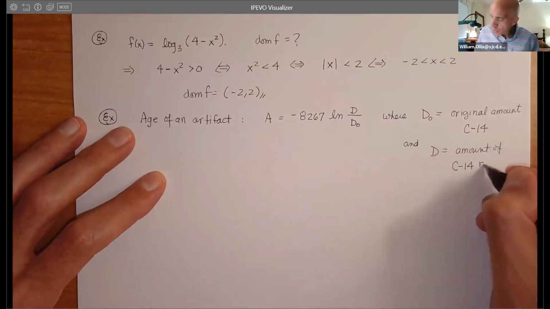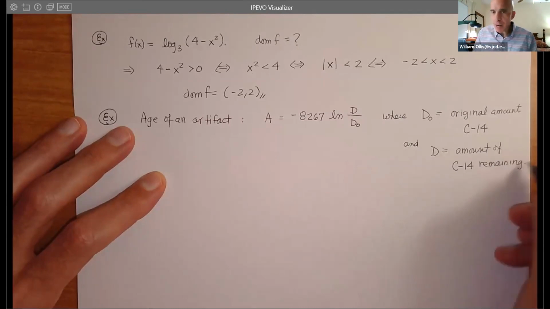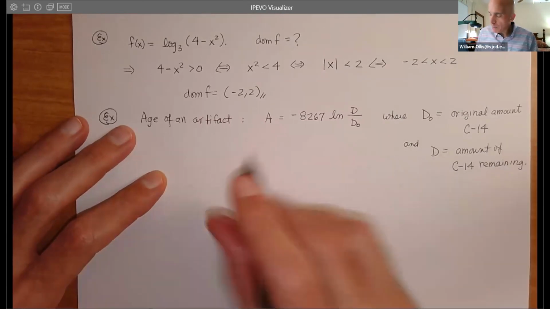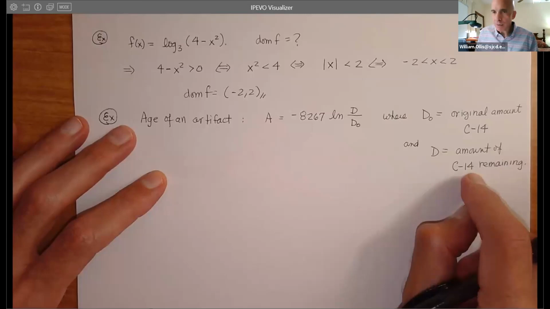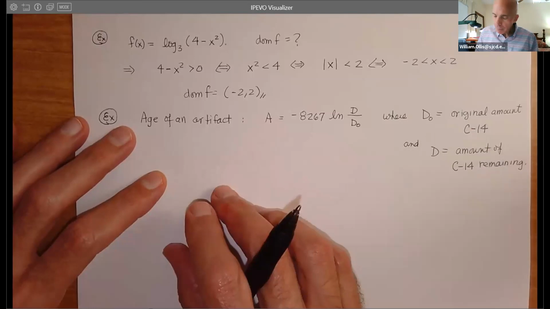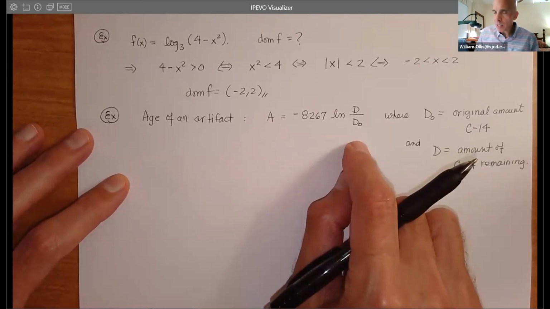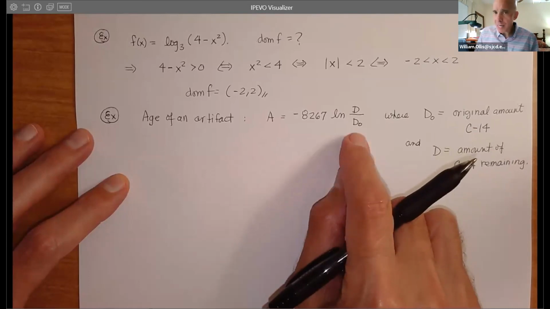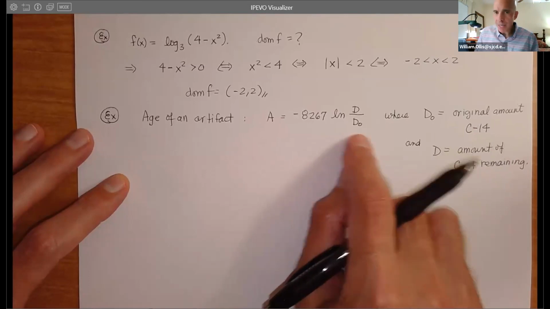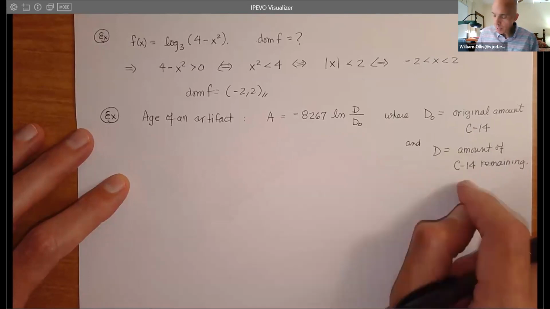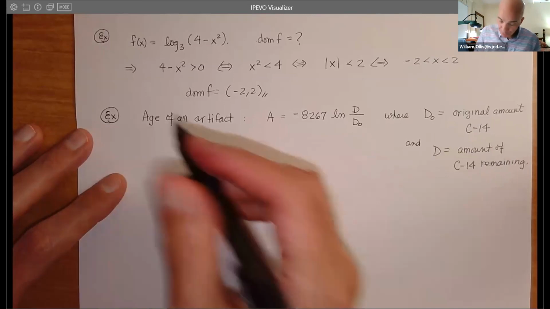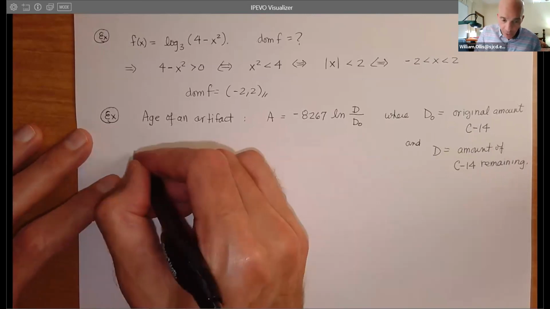So when you actually use radioactive compounds, you have to be able to determine how much of the radioisotope is actually present, relative to the original amount. This is where the logarithm scale is very useful, and the models that we work on with radioactive decay, with instantaneous growth and decay, will be very interesting here. We'll do some of that next week. So when we look at this, we'll say compute age